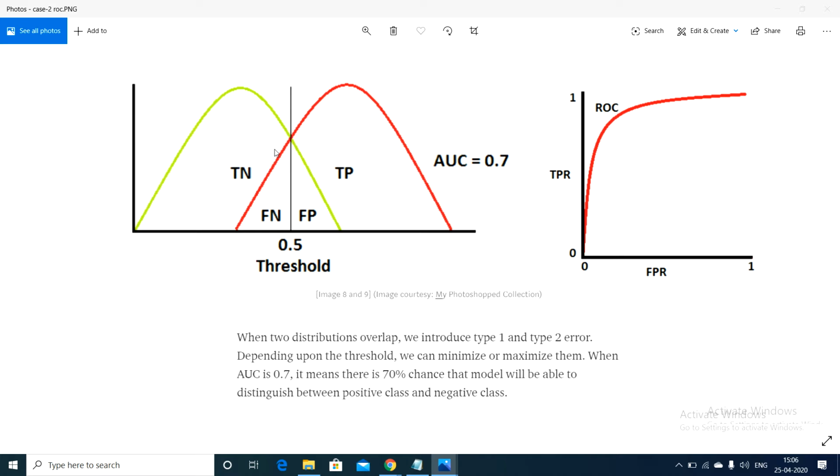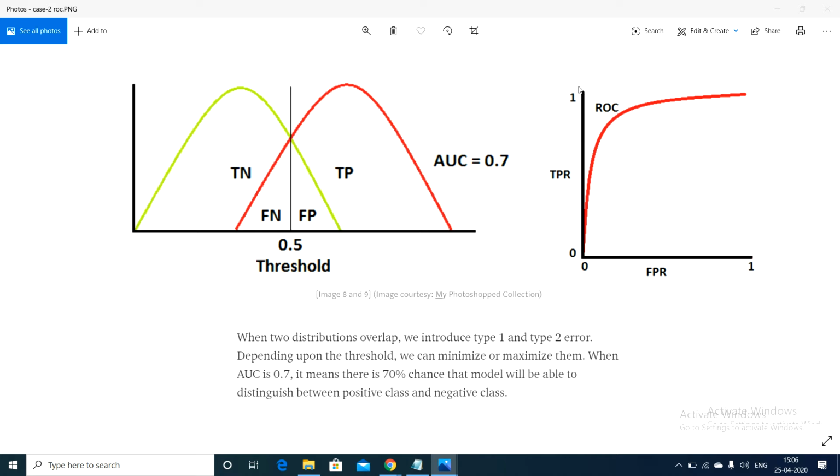Type 1 error is false positive and type 2 is false negative cases. Okay, now if you are having any overlappings, then the model is predicting wrong. If it is a beginning state, it is predicting as an ending state, and vice versa. So in that case, the ROC curve will be like this.